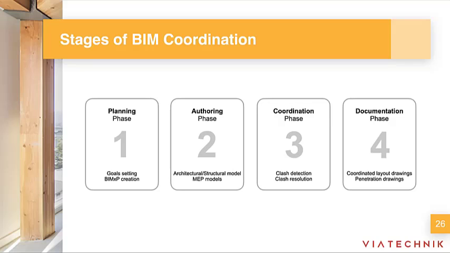Then comes the coordination phase, where a BIM manager or a BIM coordinator will be leading the clash detection process, often using applications such as, for example, Navisworks or associated platforms to run clash detection and find conflicts between trades and structural and architectural elements. Those conflicts are then identified, discussed, and resolved each week with everyone on the design team, including the owner, the architect, even the manufacturer, and the GC.